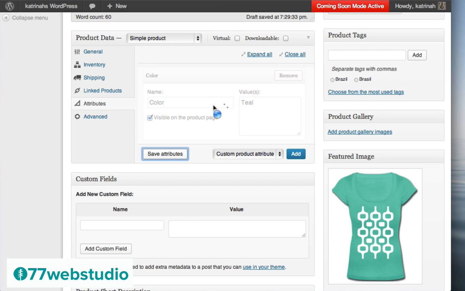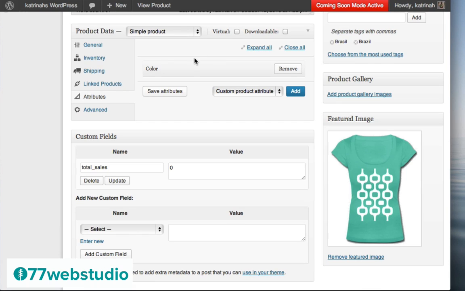So this is optional. If you'd like to include attributes for your simple product, you can do so. It's not necessary. It's really up to you. Once a color attribute has been added, there's one more attribute I want to add, which is the size. I want this to be a one size fits all because, again, this is a simple product, so it only comes in one size.